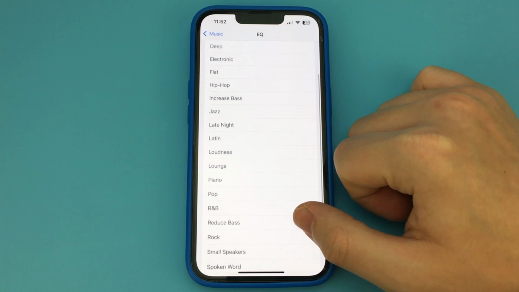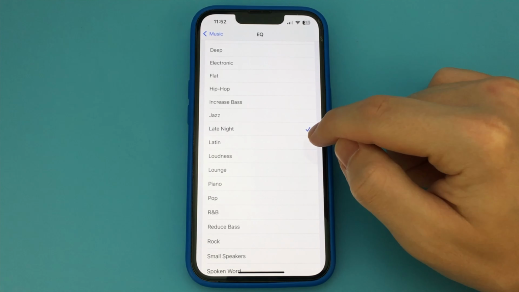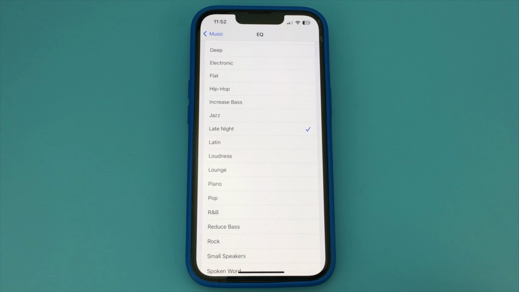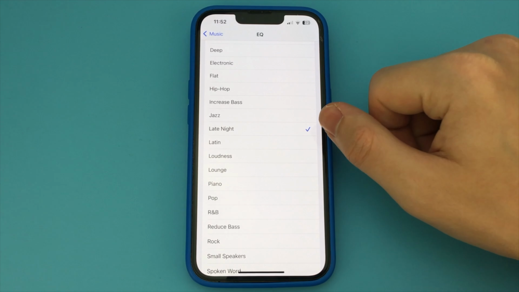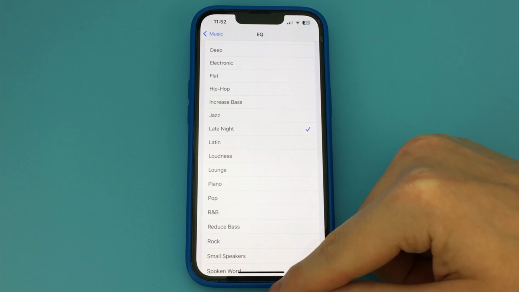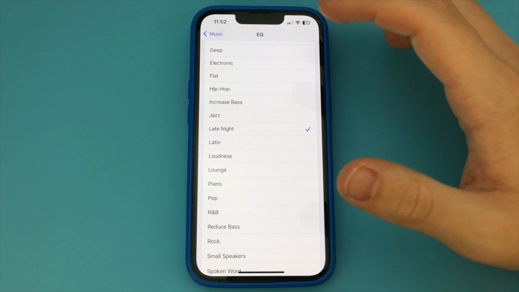This EQ filter is designed so that you can hear your iPhone in noisy environments. You can also choose any other options with filters, just the ones you like the sound better. But the Late Night item is the one that increases the volume. Sound quality will not get worse, but it will become louder and you can always hear the sounds of your iPhone better.